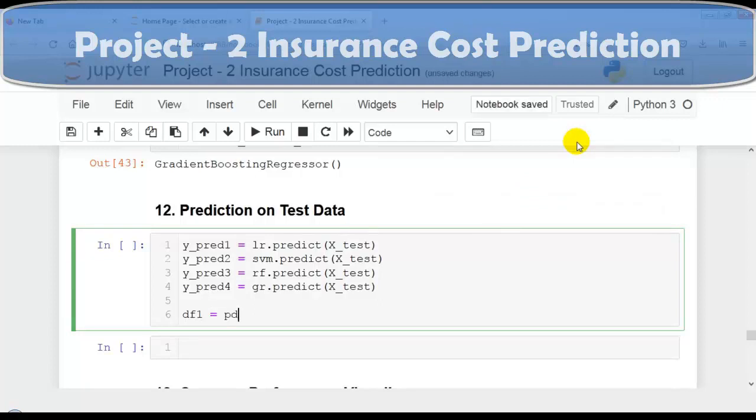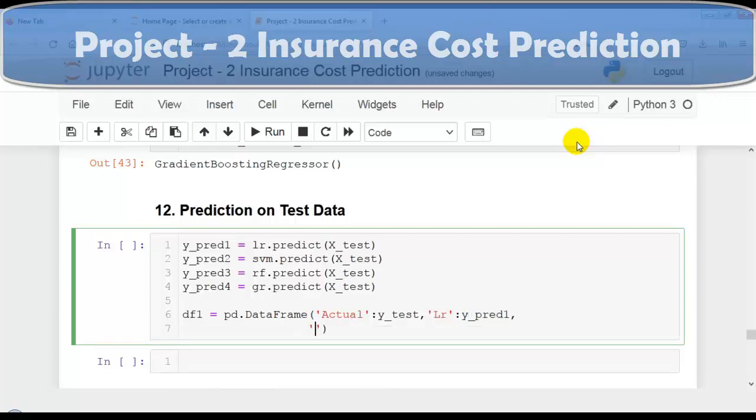So pd.DataFrame. Here actual values available in Y_test, prediction by linear regression available in ypred1, prediction by SVM available in ypred2, prediction by random forest available in ypred3, and prediction by gradient boosting regressor available in ypred4.